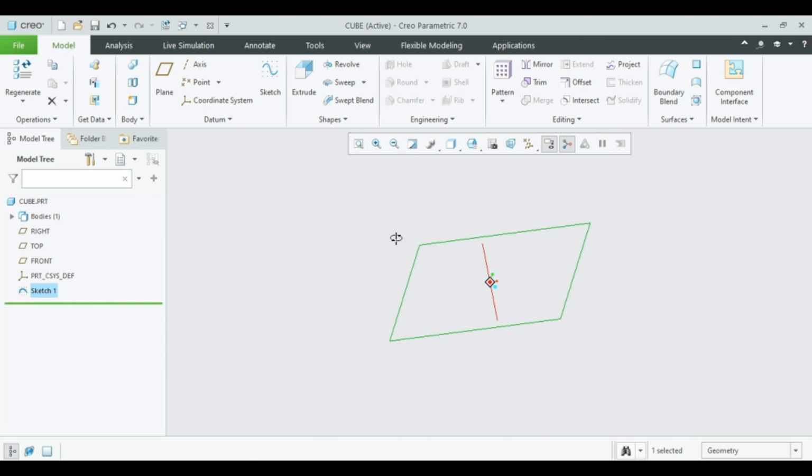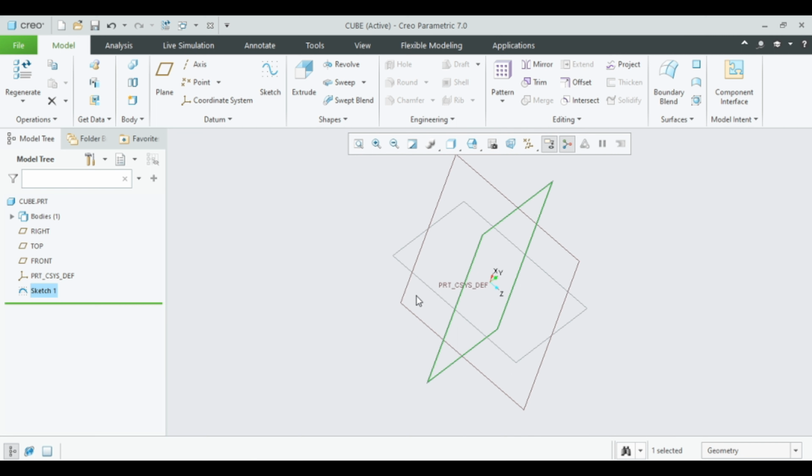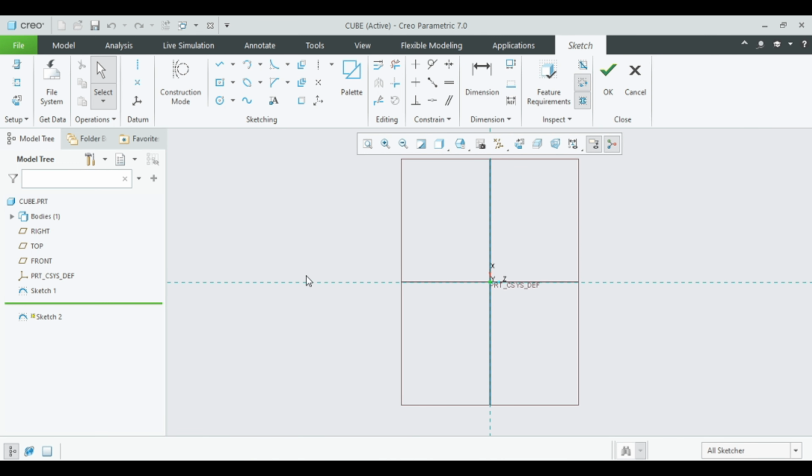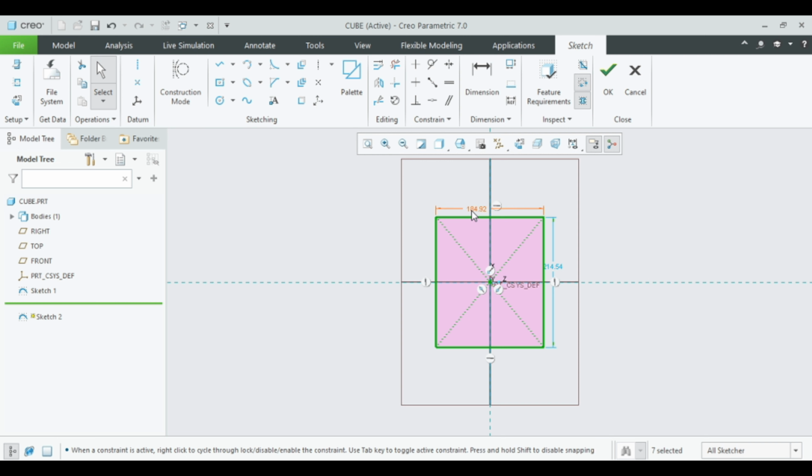Now after I have done this, let's create another sketch. I will click on this plane, top plane, click on sketch. Now if you notice, the top plane just became parallel to the screen right away. Now I will again create a rectangle using this command. Click on the center, move the mouse out, left click, then scroll button click, then we have this value. I will put 200,